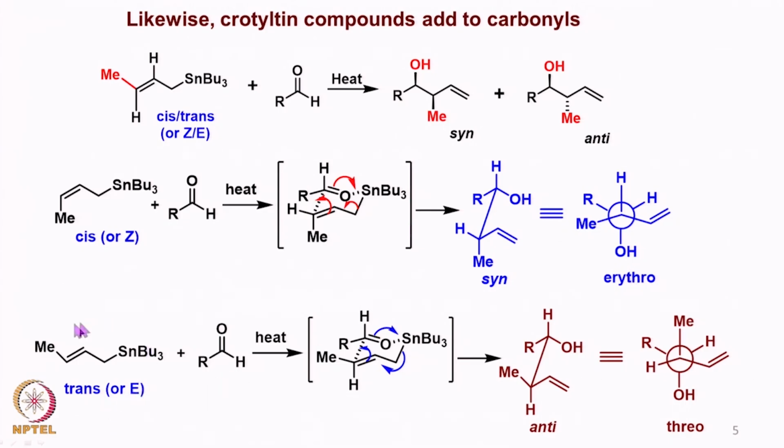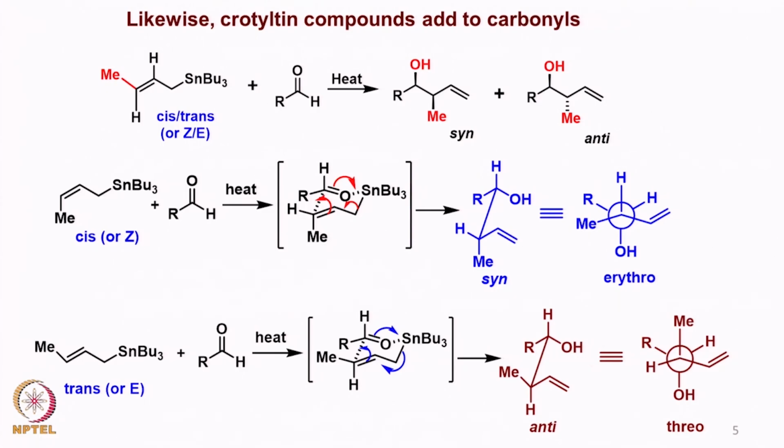In a similar fashion, we start with this E configured crotyl tin compound and react with aldehyde. Now we have this kind of transition state where the R group is still equatorially oriented, but now the methyl is also oriented equatorially in the transition state, because it is now a trans double bond here. So, this transition state then leads to the formation of this particular compound here, which is anti configured, because now the methyl group is pointing upwards and then the alcohol is pointing